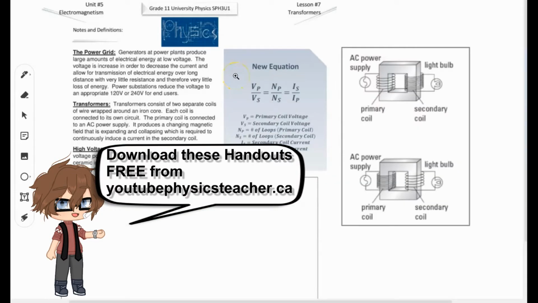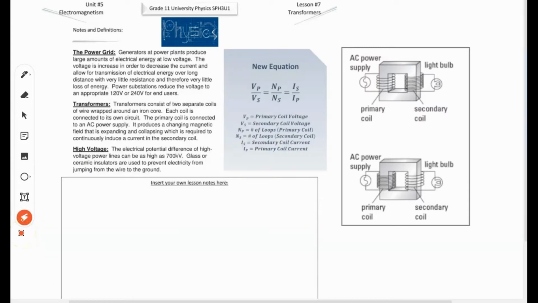Today's lesson is going to be on transformers, and I'm going to teach you a little bit about our power grid as well. So let's start with the power grid. With the power grid, we have some sort of power plants generating electricity. How they generate electricity is mostly the same for all of them except for solar panels, is they all have